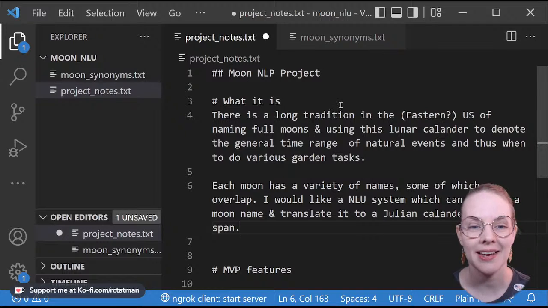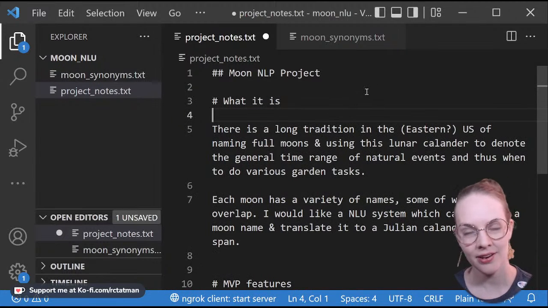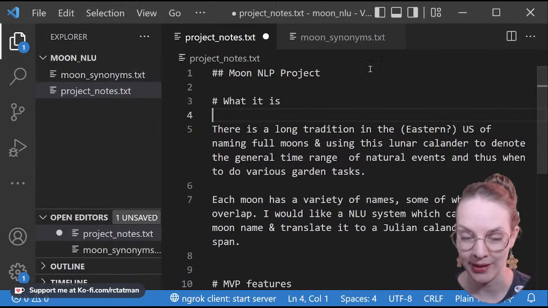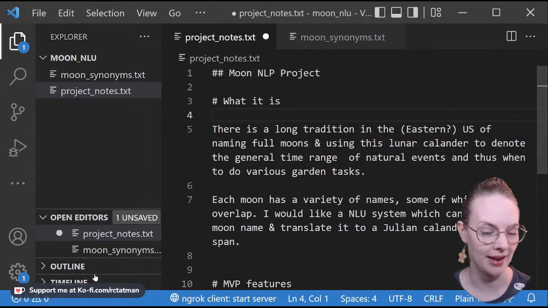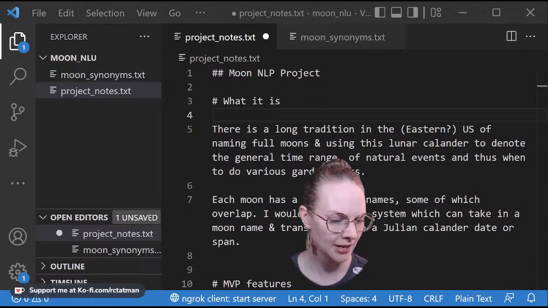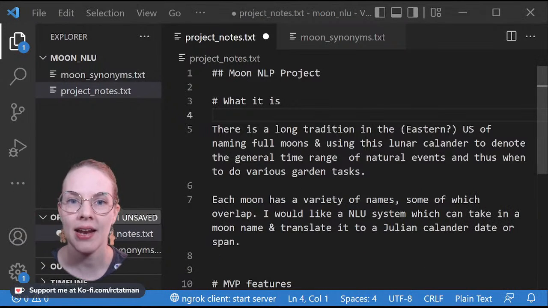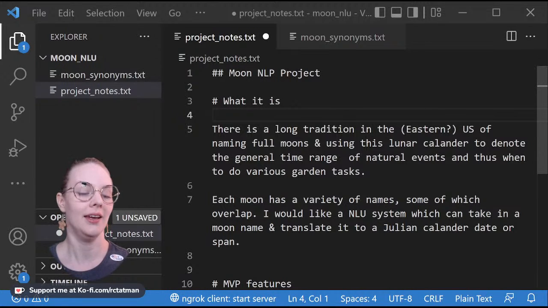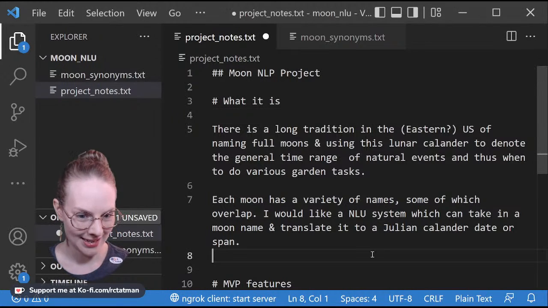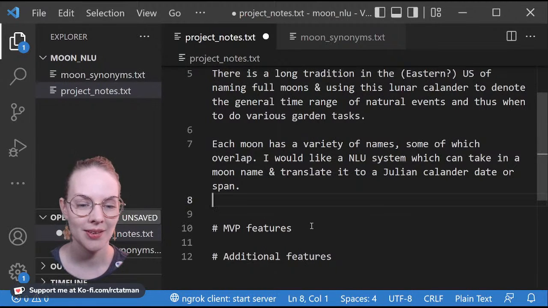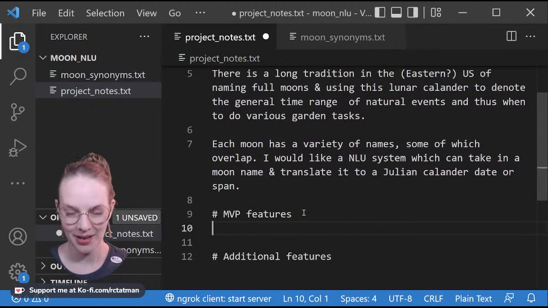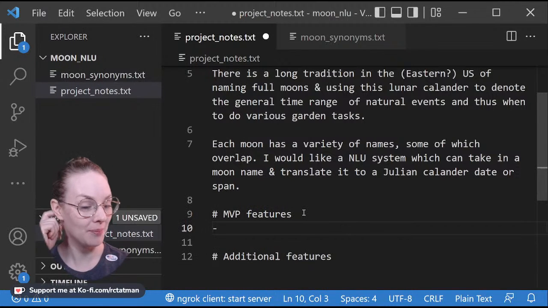Yeah, so basically if someone tells me, you gotta do that before the goose moon, when is the goose moon that I should be doing it before? And then I can add it to my various and sundry task lists and know when that time is. That's my goal. That's what I would like to do. You can see some of the potential issues here.